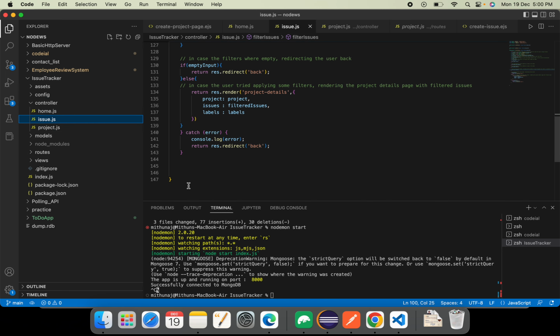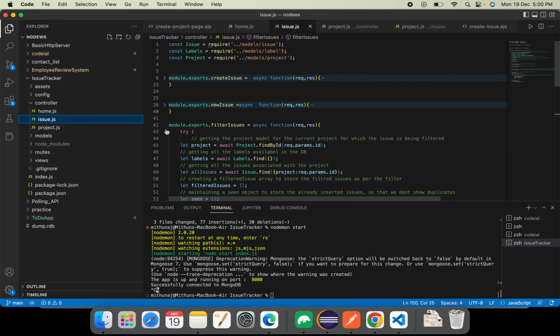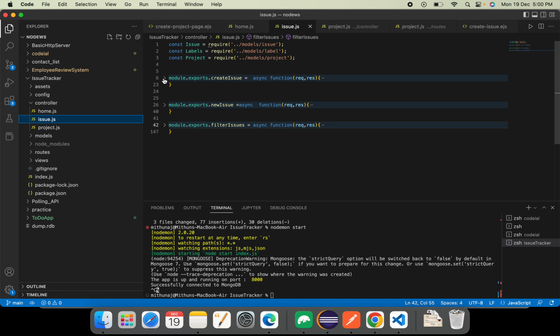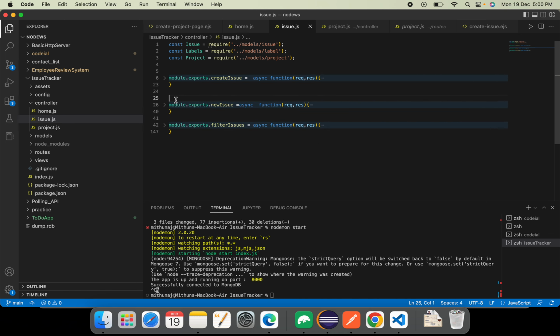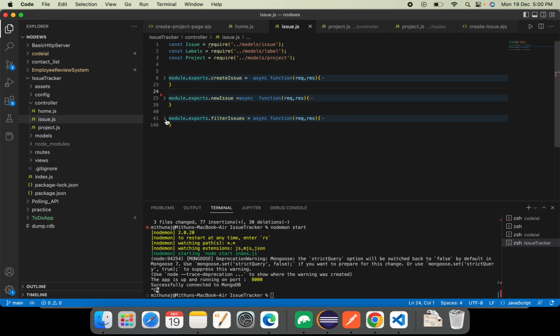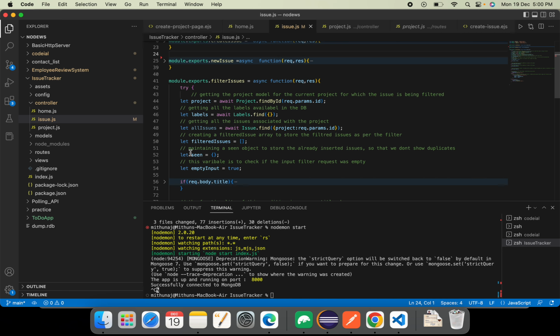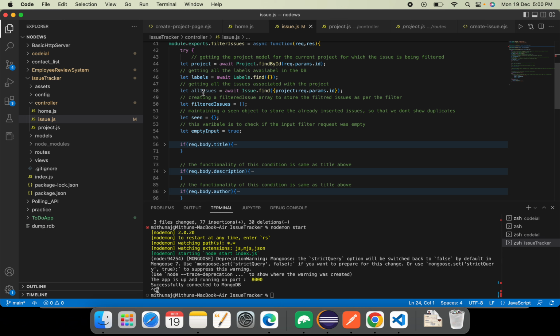And coming to the issue controller, here we have create issue and new issue controllers, which are quite easy to understand with the comments. And the most important one is the filter issues, where we are getting the project, getting the labels and all the issues associated with that project, and after which we made use of some variables called filtered issues, seen, and